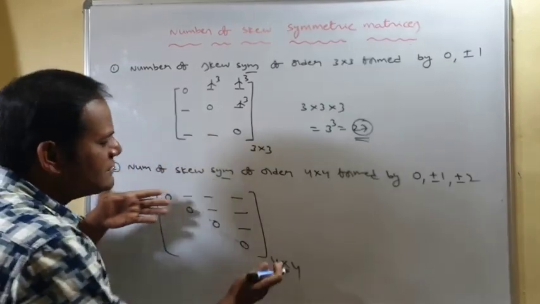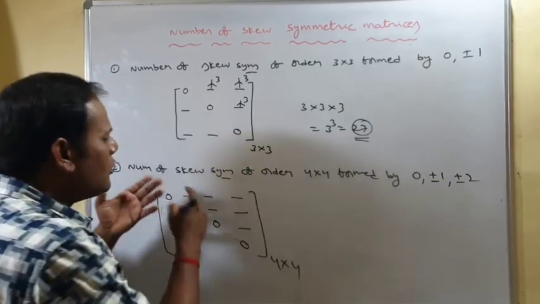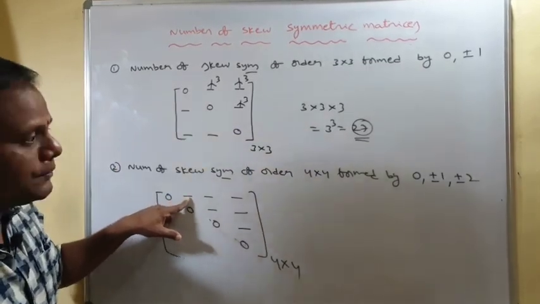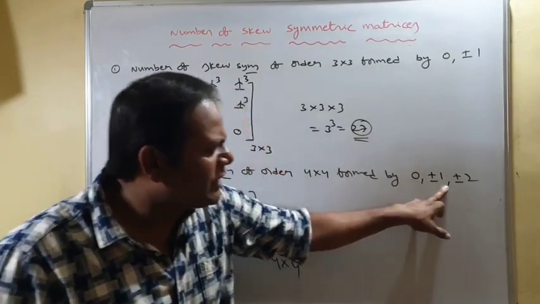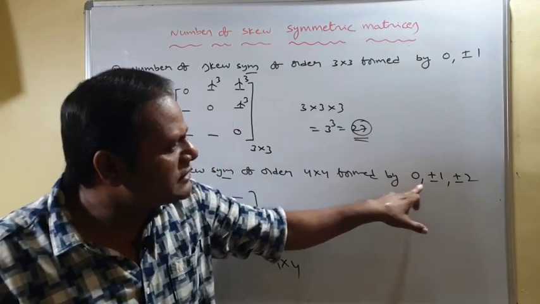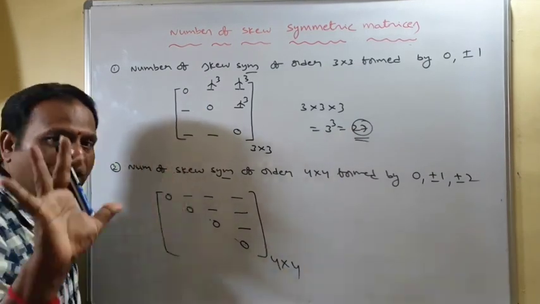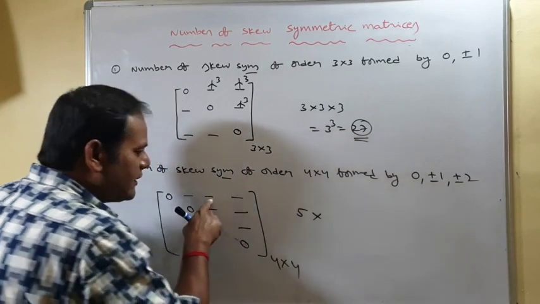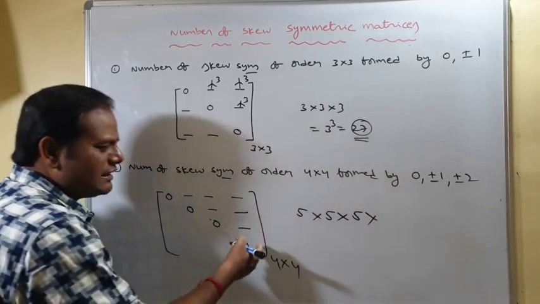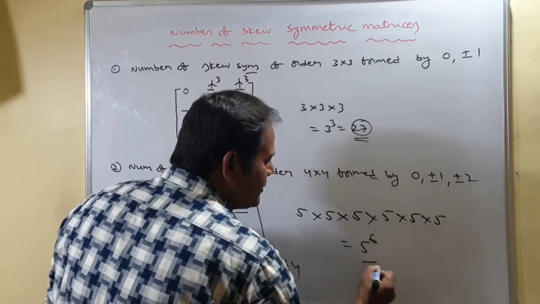So if you fill these gaps, automatically you can get elements here. In how many ways can you fill these gaps? So in how many ways can you fill the first gap? You can use any one of these elements. Totally how many elements are there? Here 2 elements, here 2 elements, here 1 element. 5 elements are there. So you can fill this gap in 5 ways. Into, you can fill this also in 5 ways. This gap also in 5 ways. Like that, remaining 3 also in 5 ways. So 5 power 6.